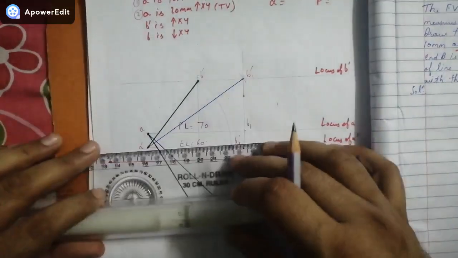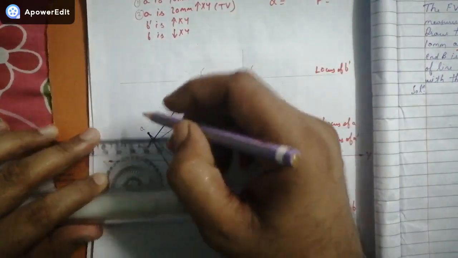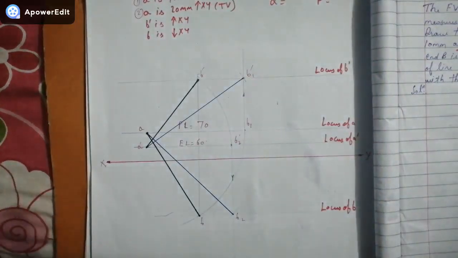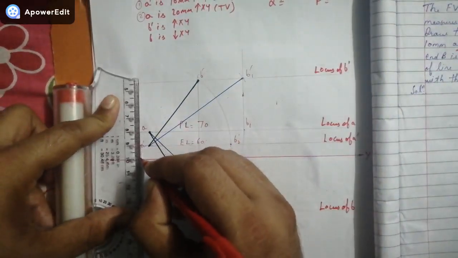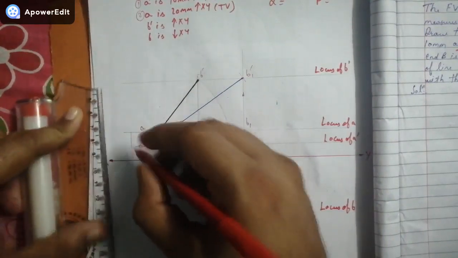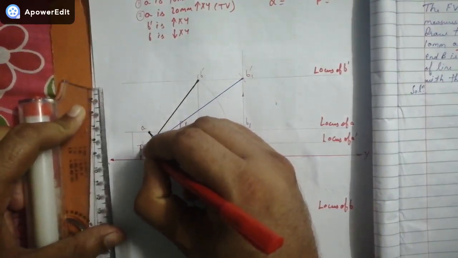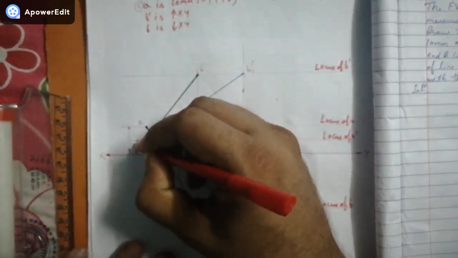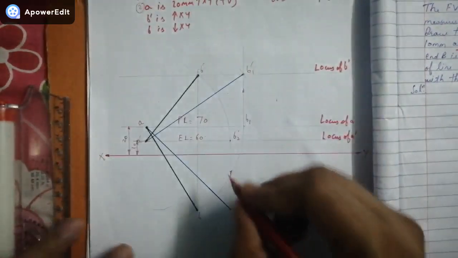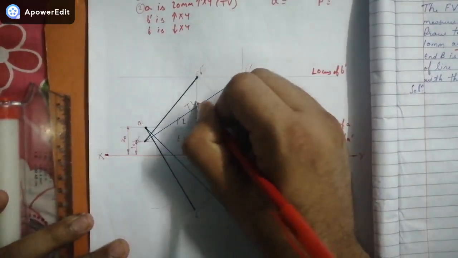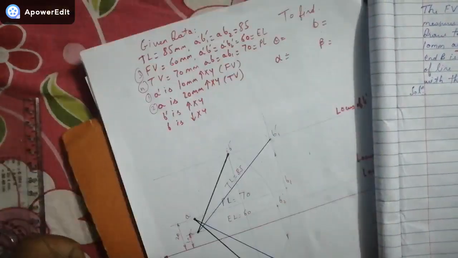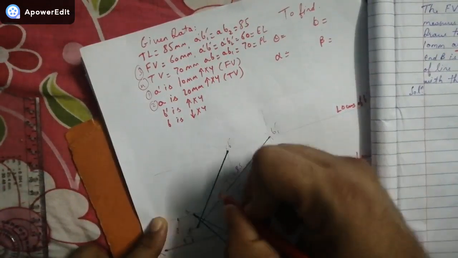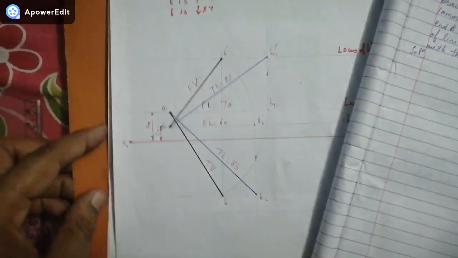Okay, I can show the left out dimensions first of all, which we have taken already earlier. Okay, so here it is. The first one, that is 10 mm. Second one, that is 20 mm. I can mark the dimensions then and there like this, like this. This is 10, this is 20. Now true length is equal to 85. Even over here true length is equal to 85. This was the top view length, this was the front view length. Okay, so we are done with the problem.